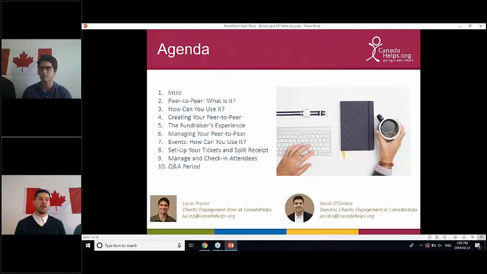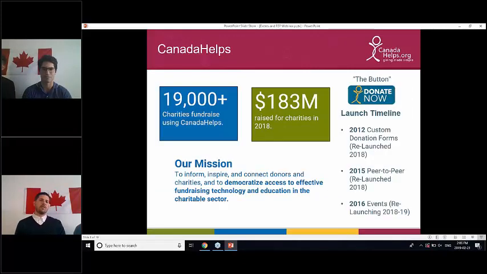There's going to be a lot of demo. And then we're going to show the experience of someone using that P2P tool as a fundraiser, and then how you're going to manage that. So it's created, you have people fundraising. How are you going to manage that after the fact? We're going to walk through the whole thing. You're going to know exactly how you could use these tools, and then how to manage them as well. So before we dive in,